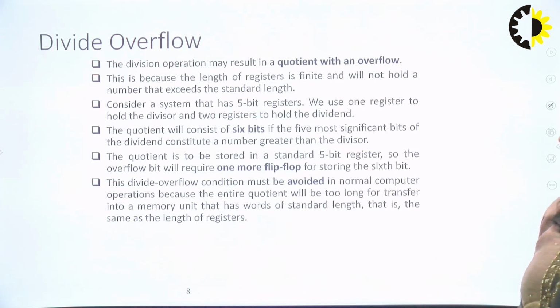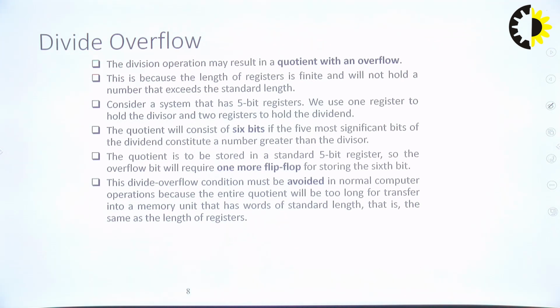And now we are talking about the divide overflow. Now what is the divide overflow? After performing the division operation, it may result in a quotient with an overflow. This is because the length of a register is finite and we will not be able to hold a number that exceeds the standard length, because our registers are 5-bit and we can use only one register to hold the divisor and two registers to hold the dividend. The quotient will consist of 6 bits